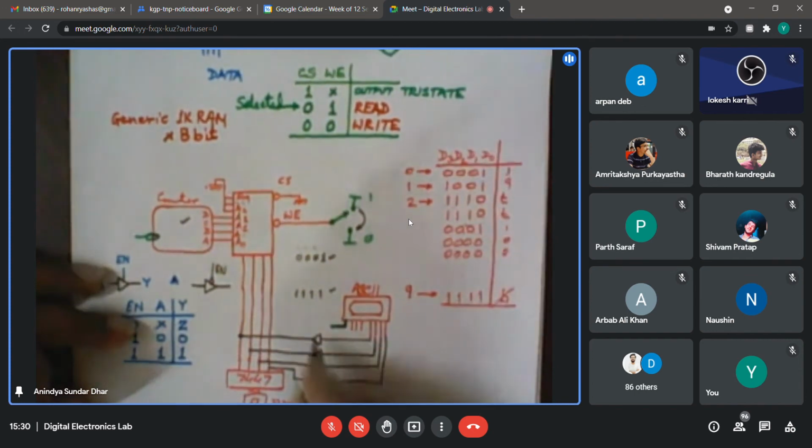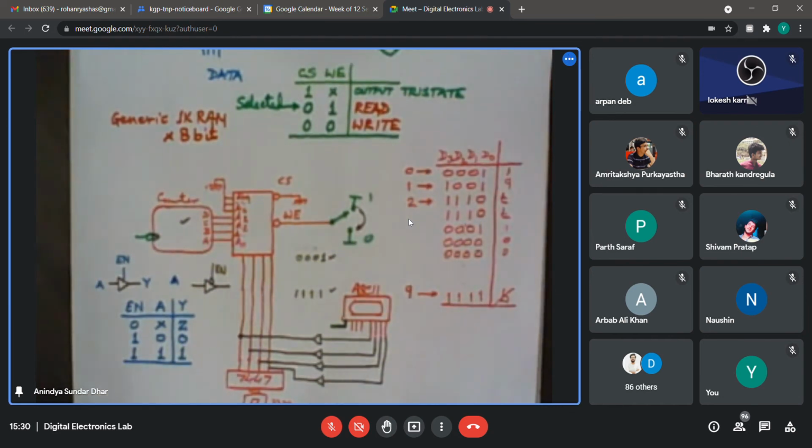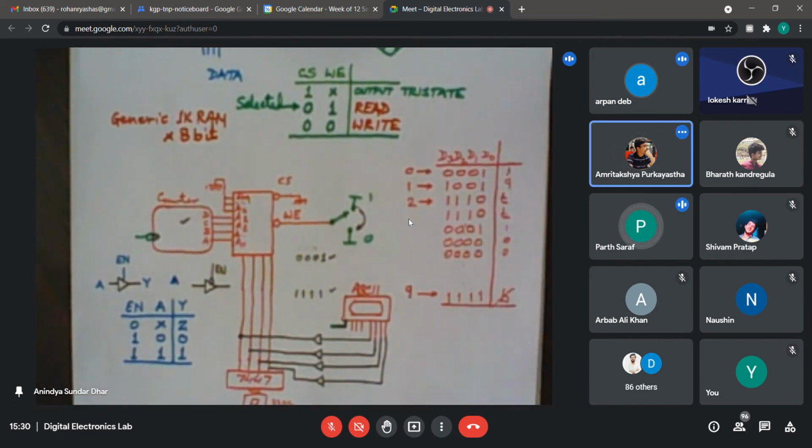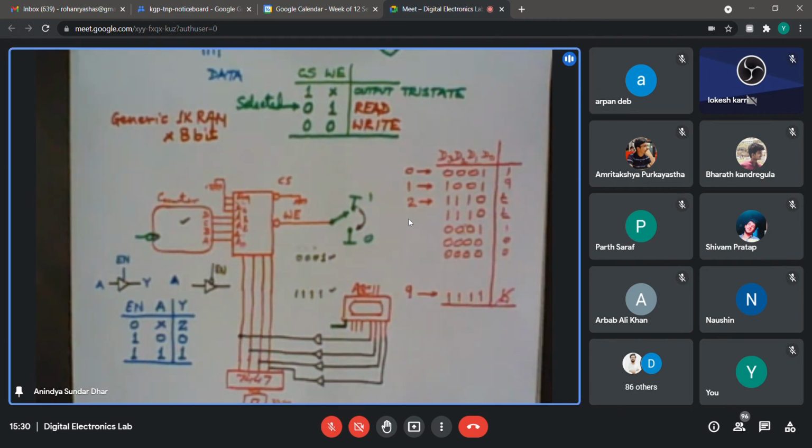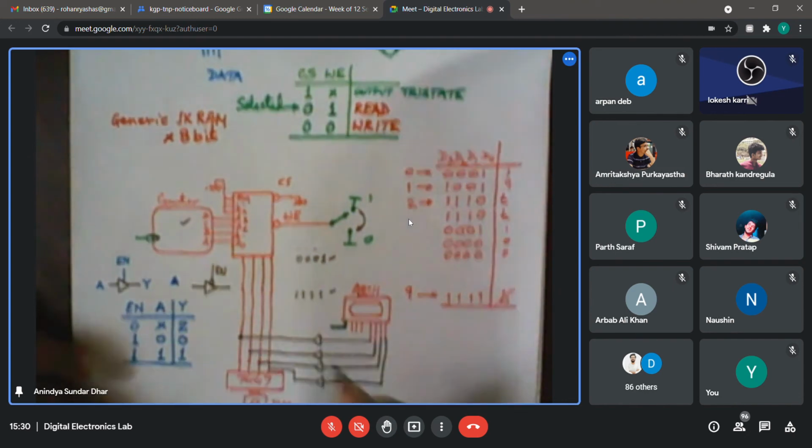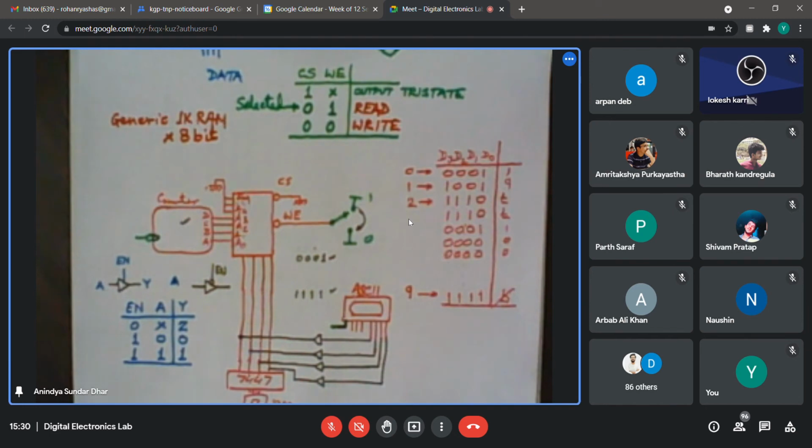Now who will activate these buffers? Write enable. Can I connect the write enable to the enable line of these buffers? Look at the truth table to see whether that will do.